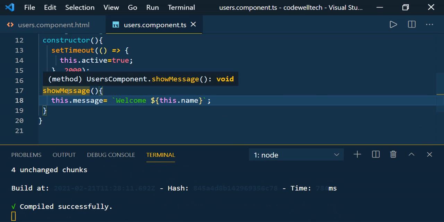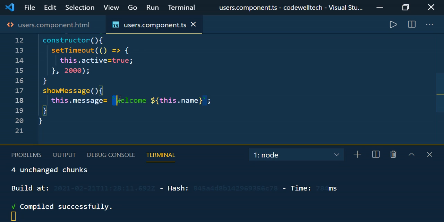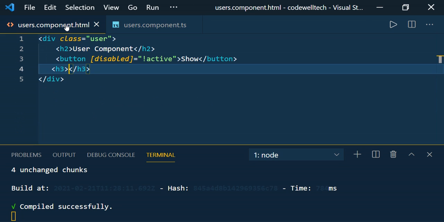So as soon as this method gets called, we are setting this value to the message variable. So just copy the message variable and here use the curly braces like this, and mention the message property.